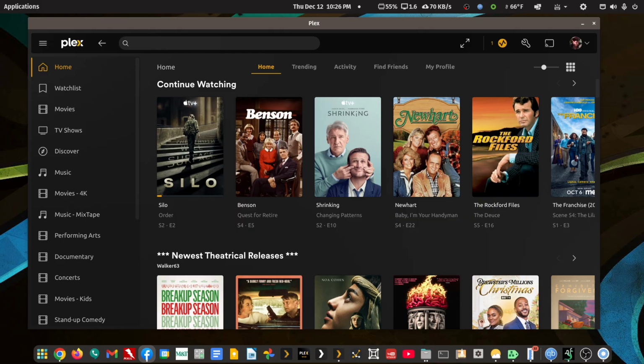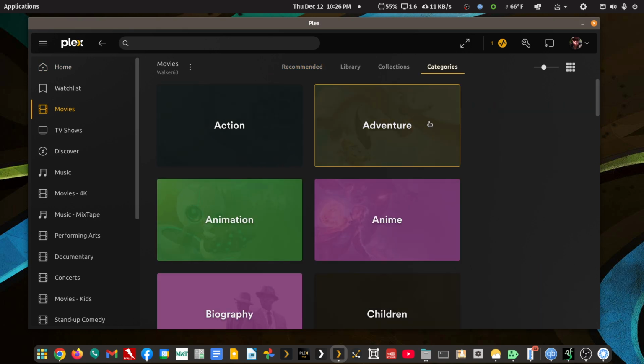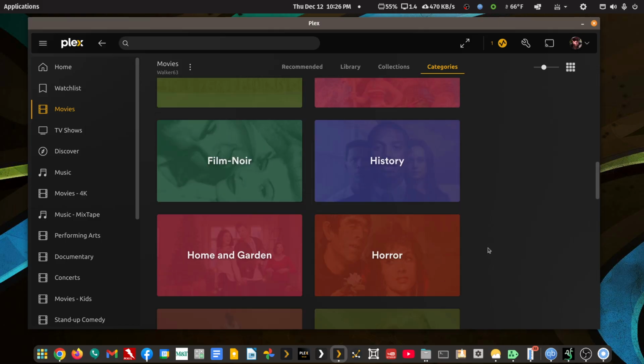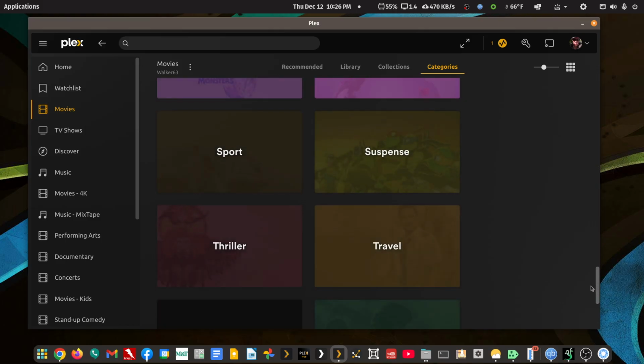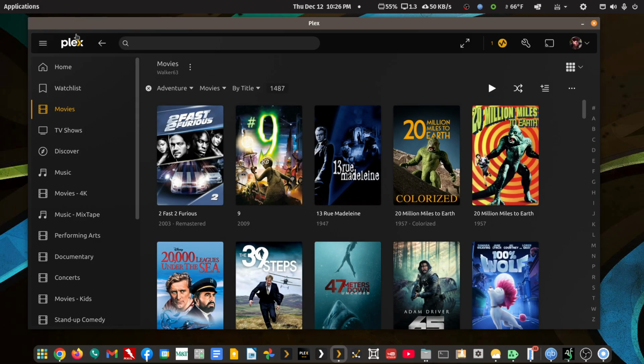Well, Drew, let's go to my movie library and click on the Categories tab. Now, you cannot create your own category in Plex. At least you can't do it yet. So there's no way to do what you want to do. But